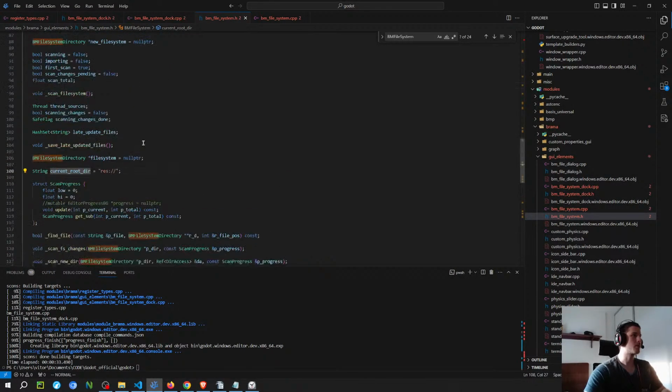So I was talking about this variable here. I'm gonna leave it like this for now. I'm gonna test, I think, and see if it works once I get to the point that I can see the file system dock on the scene. Then after, if it does work, then I'm probably gonna